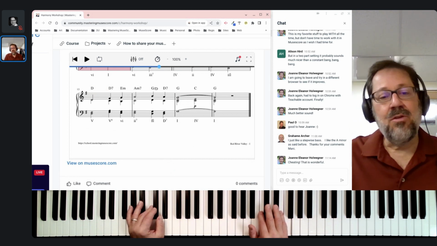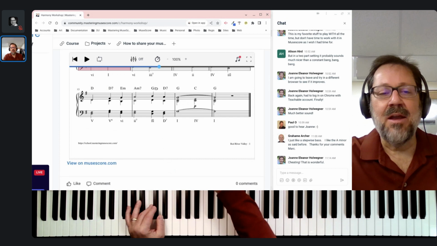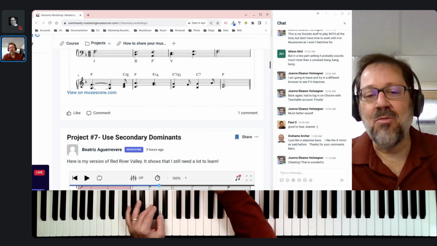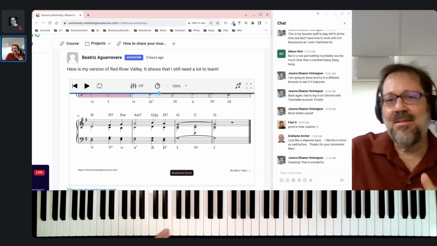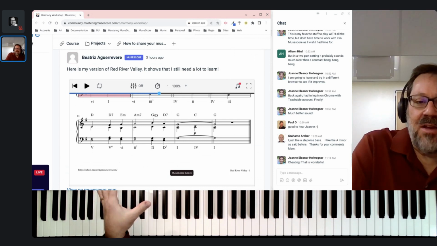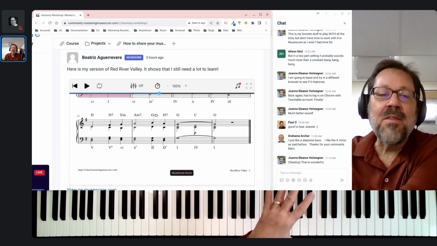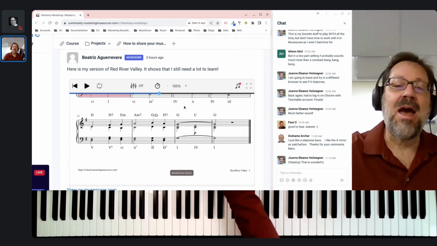There'll be places where you just say, no, I think here I want the diatonic chord, like I mentioned in one of the other pieces that I looked at, where I said, well, I'll use the diatonic chord the first time that phrase happens, and then I'll use the secondary dominant the next time that same phrase happens.